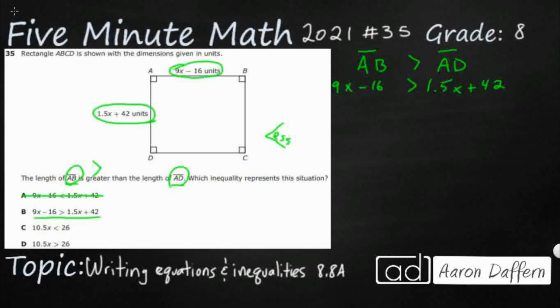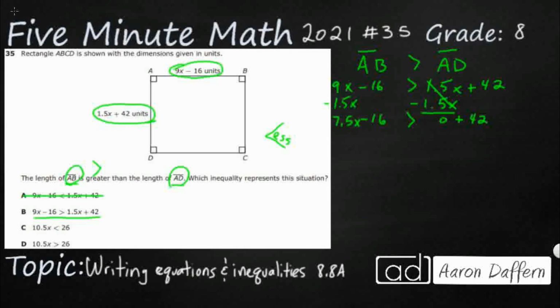All right, so if you are going to simplify this, you want to get the variable on one side and then all the numbers on the other side. So I always want to keep a positive x, so I'm going to subtract 1.5x from both sides. All right, so that's going to make that a 0, right? I'm going to get a plus 42. And I've got minus 16. Now my 9x minus my 1.5x, that's going to be